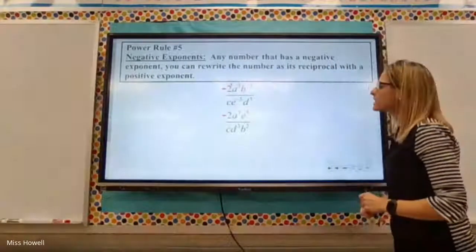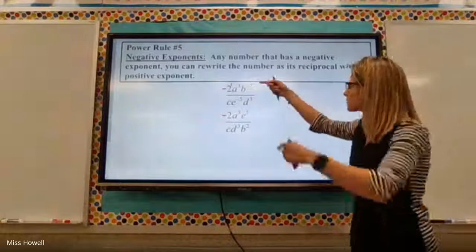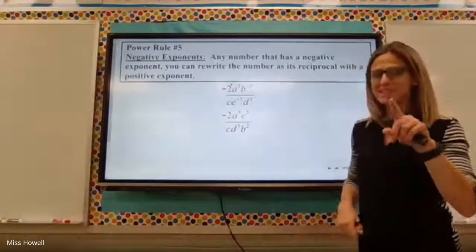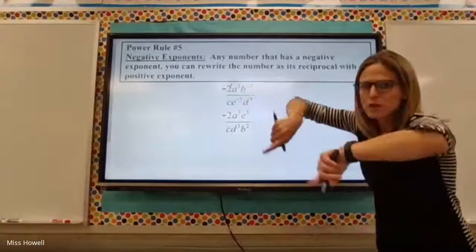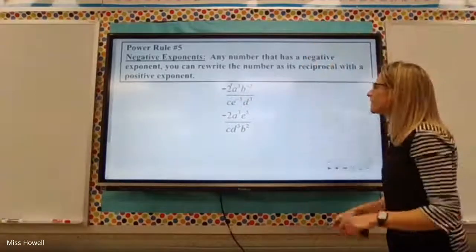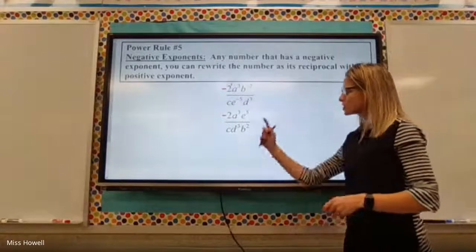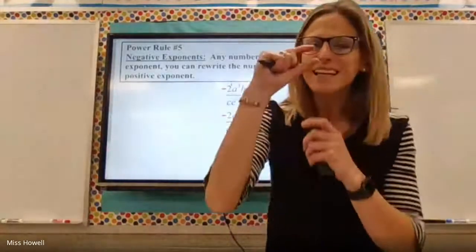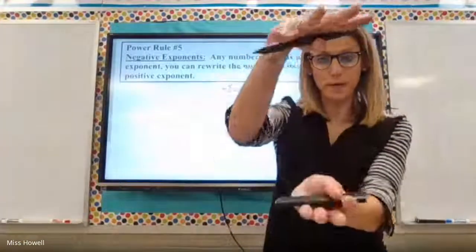All right, so a to the third would stay, b to the negative 2 would go to the bottom and become b squared. On the bottom, c to the first would stay, e to the negative 5 would go to the top and become e to the fifth, and d to the third would stay on the bottom in its current location. I'm doing stay or go because the little number is negative, not the big number called the base,